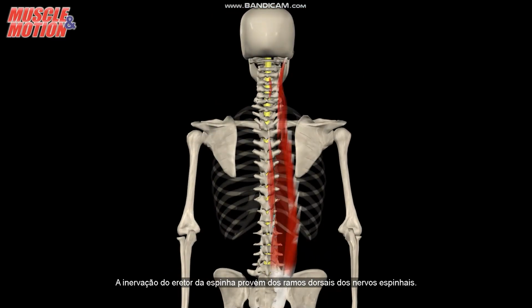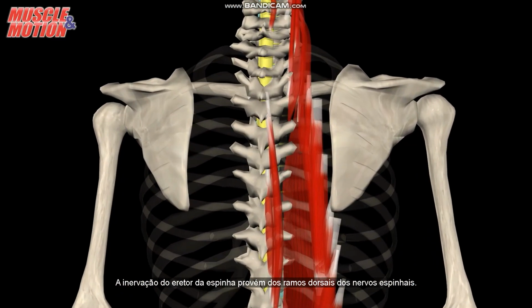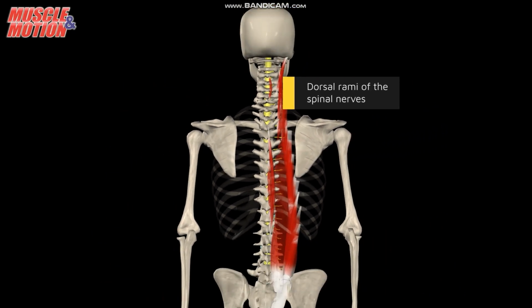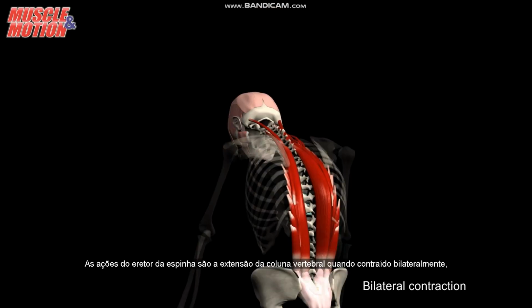The erector spinae's innervation comes from the dorsal rami of the spinal nerves. The actions of the erector spinae are extension of the